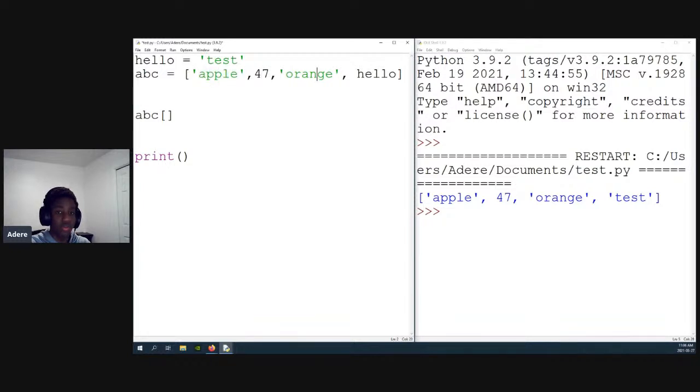This is item 2. This is item 3. And this is item 4. But with Python, it starts at 0. And I'll show you that right now. So if I print out,